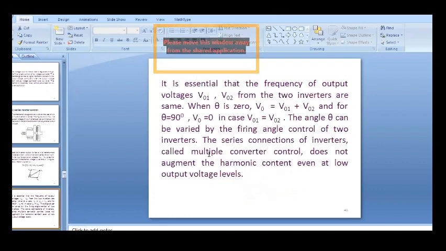Now see, it is essential that the frequencies of the output voltages V01 and V02 from the two inverters are the same. When theta is zero, the output voltage will be the sum of the two inverter voltages V01 and V02 respectively. And for theta equal to 90 degrees,